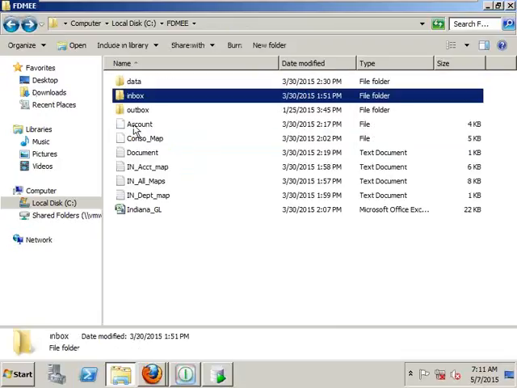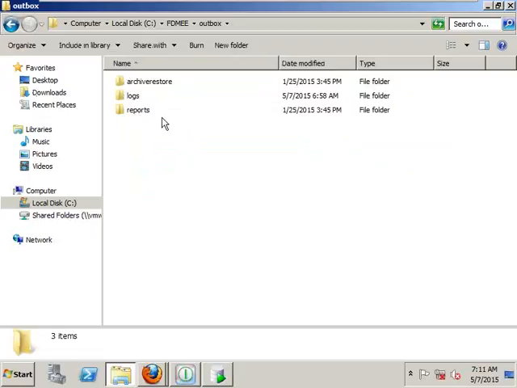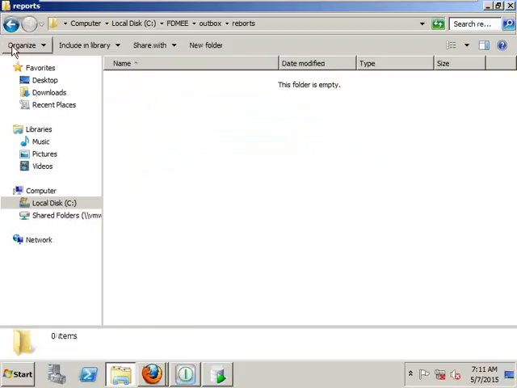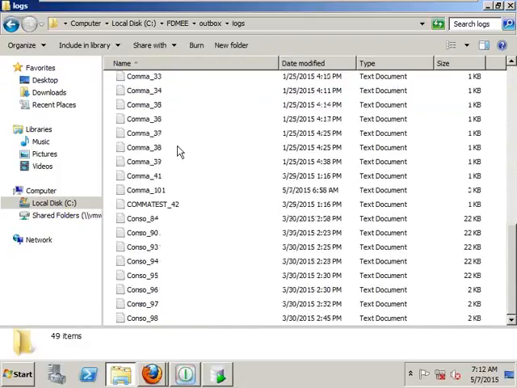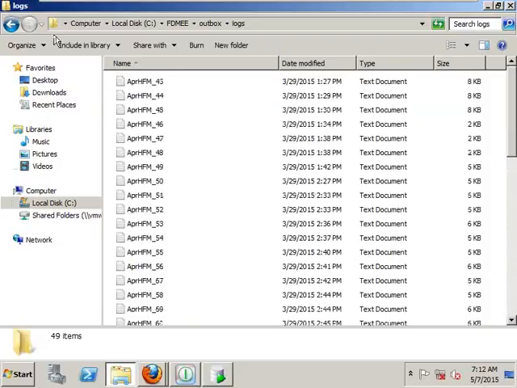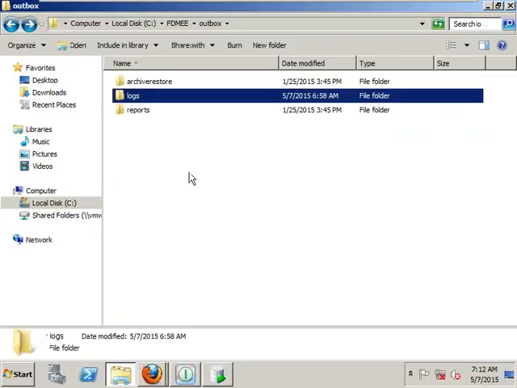Next one is Outbox. What is the use of Outbox? See here itself, you can archive the files and you can check the logs. Total logs you can check from here itself. If you have any errors, data level errors, and security level errors, you can find all of them by seeing